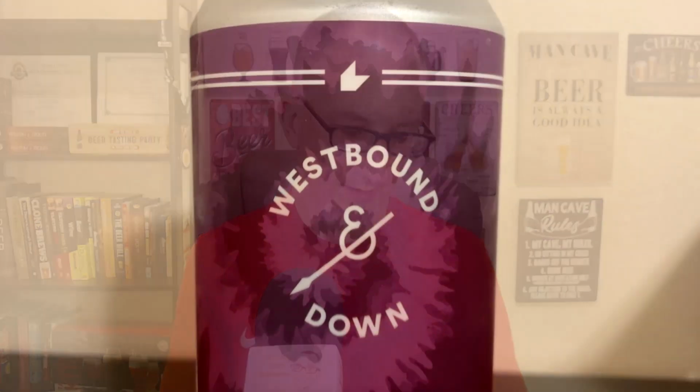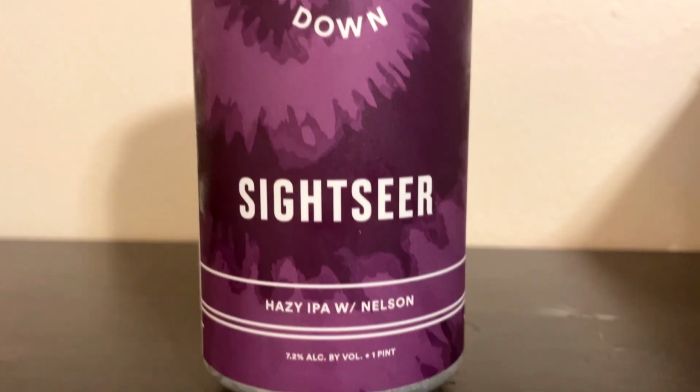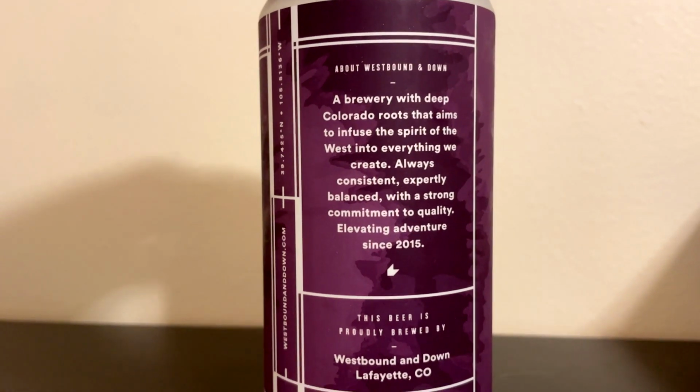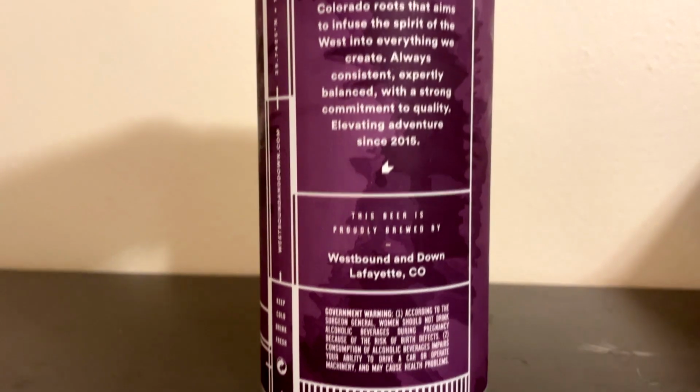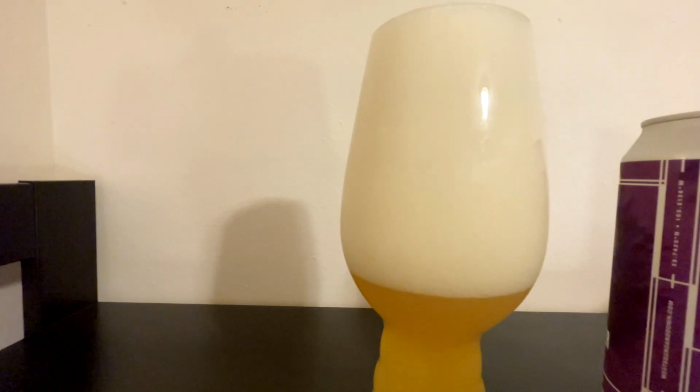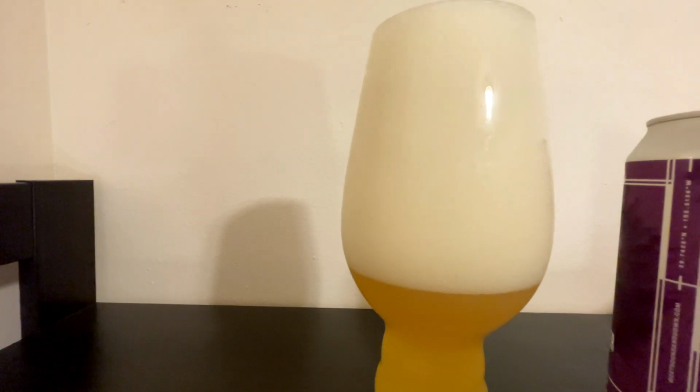This is from Westbound and Down. Sightseer, Hazy IPA with Nelson, 7.2% ABV. Does not say much about it on the can. All I know is that they're out of Lafayette, Colorado. So let's get into the Spiegel IPA glass, and as you can see, that is a pale, hazy,